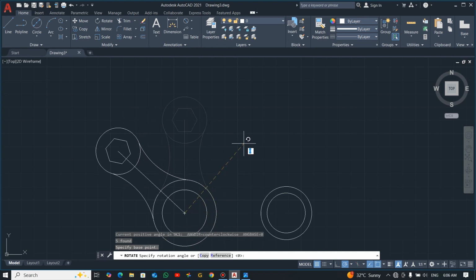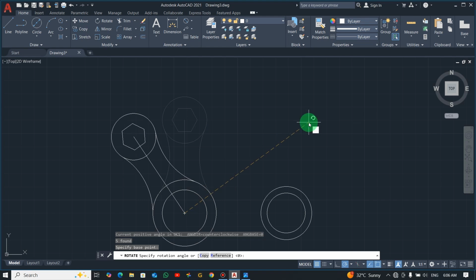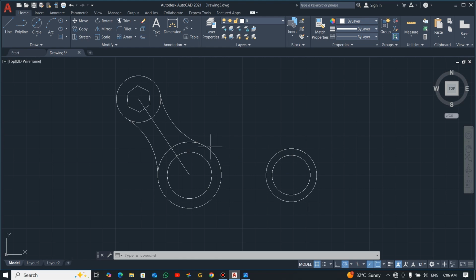Now we will enter an angle of 35 because it's just 35 away from the center line. So enter 35 and you see your angle will be formed. Good. Now there's an arc over here, 166. So to do that, go to the circle command, select tan radius, click this circle,